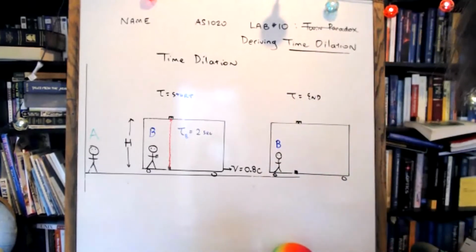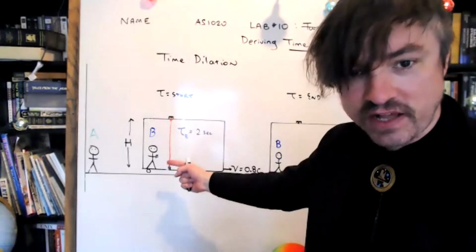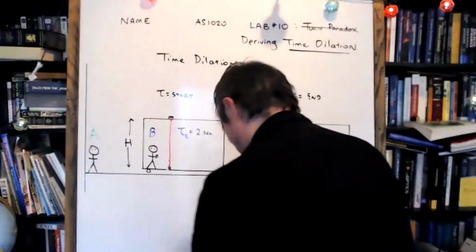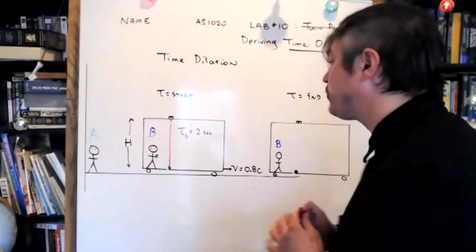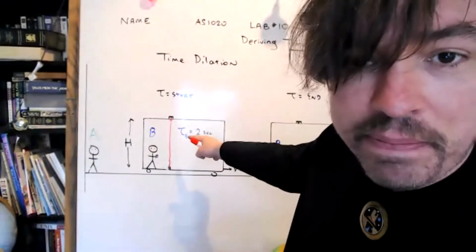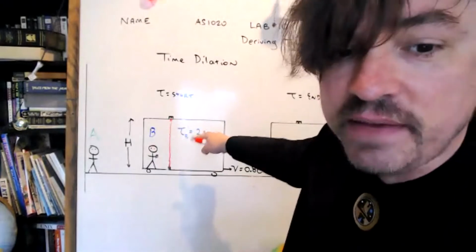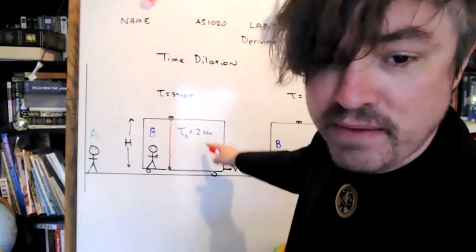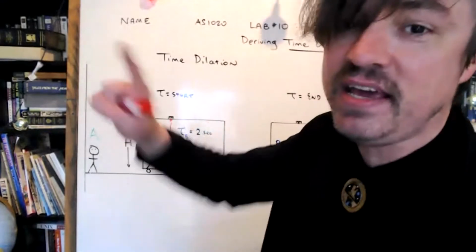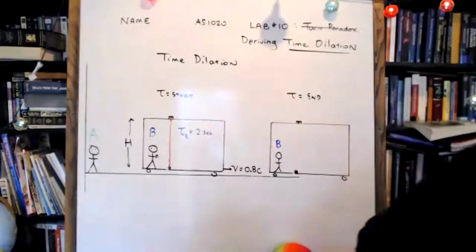Weirdly, if you're observer A, the laser beam does not travel vertically from the bottom to the top of the cart. And here's the trick, guys. How could A watch the experiment but B not see the outside? Have you ever been to Stop and Shop and seen one of those one-way shoplifting mirrors? For the sake of argument, imagine that I installed a one-way mirror backwards on the train. A can observe into the train, but B cannot observe out. All right, just in case you're worried about that issue, I've got an answer for everything.